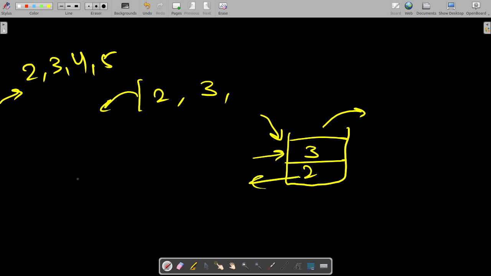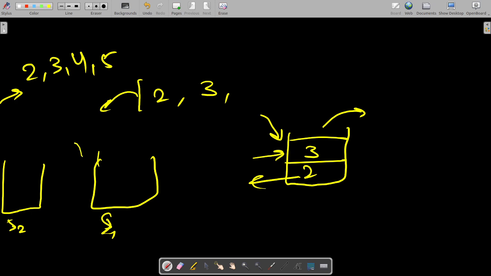Okay, so what I am doing is, when I inserted a 2, this is my s1, and I also have an s2. So if s1 is empty, or what I will be doing, I will push all the elements of s1 to s2.